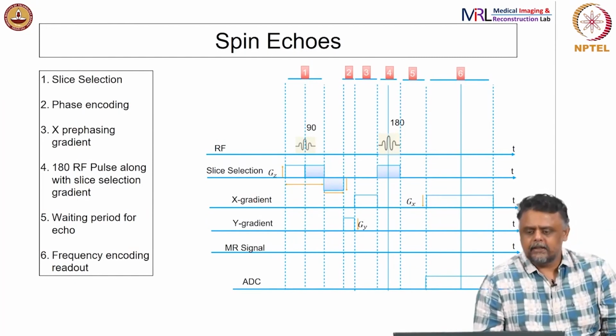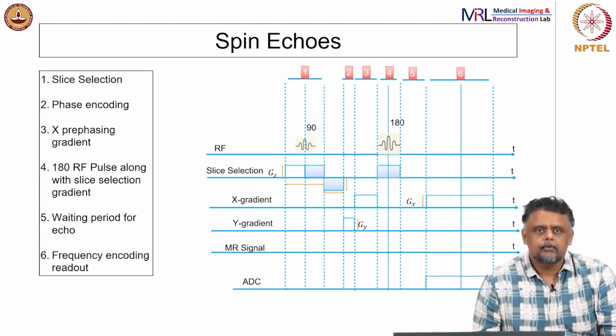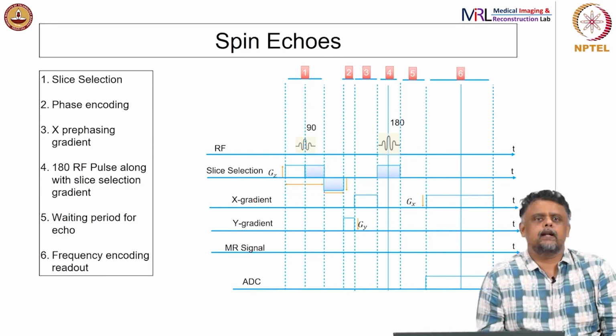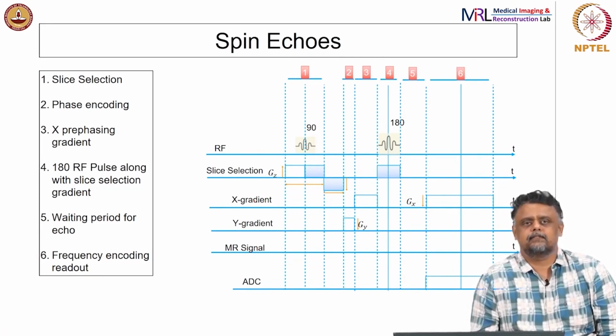Okay. So, slice selection 1 on top, you see that numbers have been written. 2 is the phase encoding step, I think, yeah, that is the GY gradient being applied. Following that you have the 180 degree RF pulse along with the slice selection. Okay. So, you got one more slice selection gradient, and then you wait for a particular period of time, this time to echo, and along with that you apply the